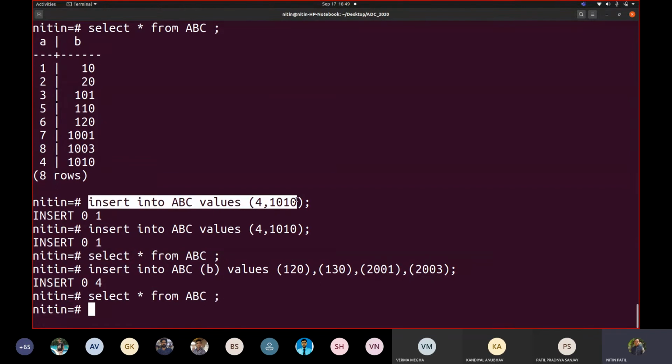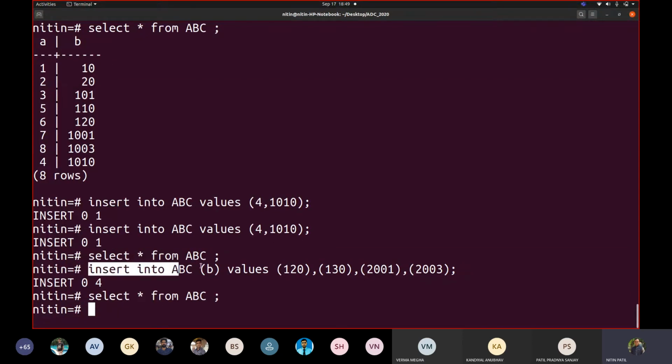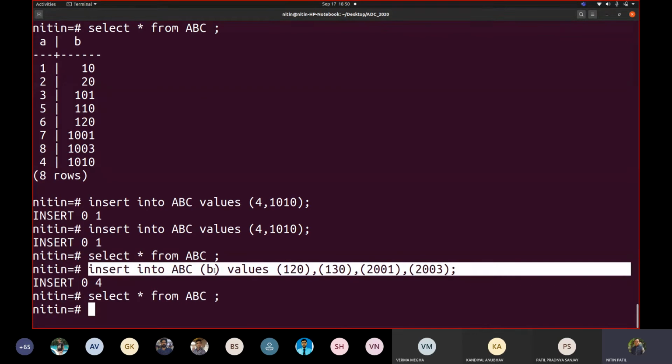So what I was talking about is this insert statement. If I write insert into a table ABC with values, and I specifically mention the values here, one value comma second value, because I have two columns, it will take it. It will not deny taking this value. But when we write this kind of statement by specifying the column, if I don't specify the value for the first column, which is A, of type serial, then it will automatically take the previous value.